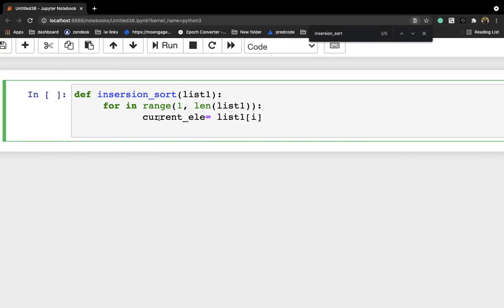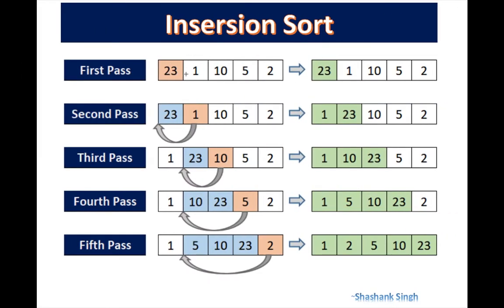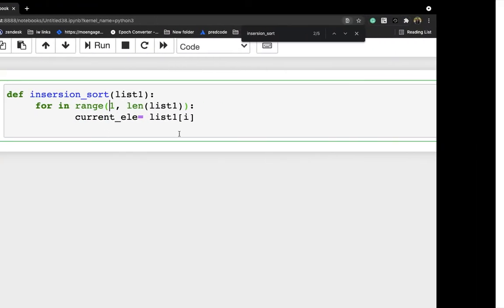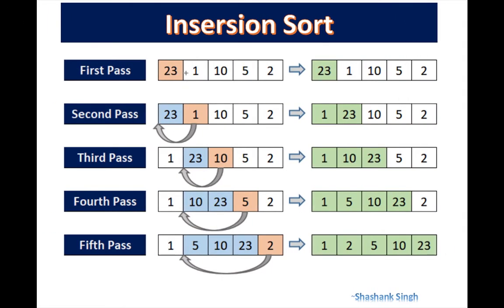So I am writing here current element is equal to list1 of i, and I'm starting this for loop from 1 because I want to compare this element with the current element, right? So list1 of 1 will be this part, right? So initially the current element is this, right?